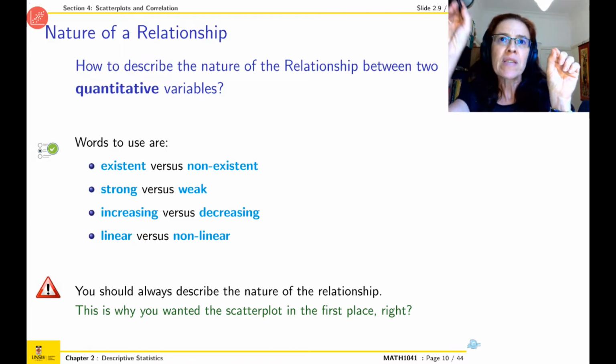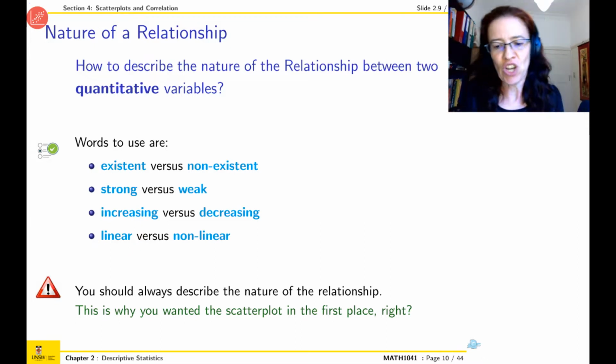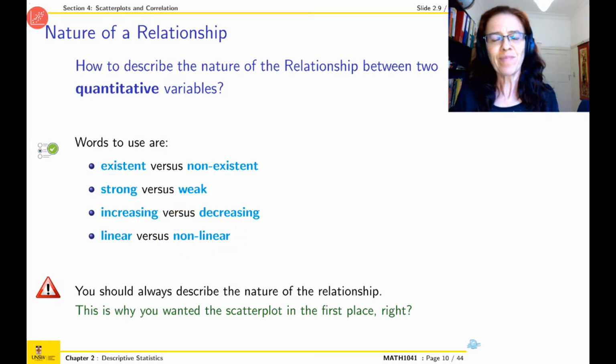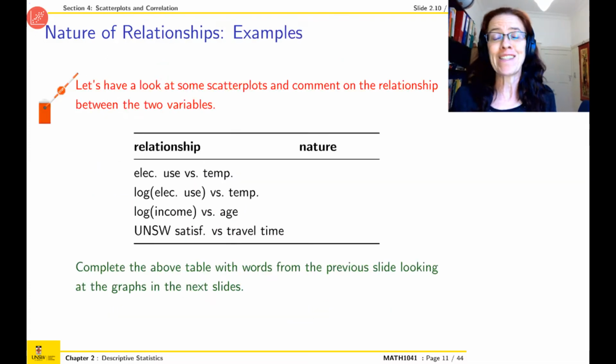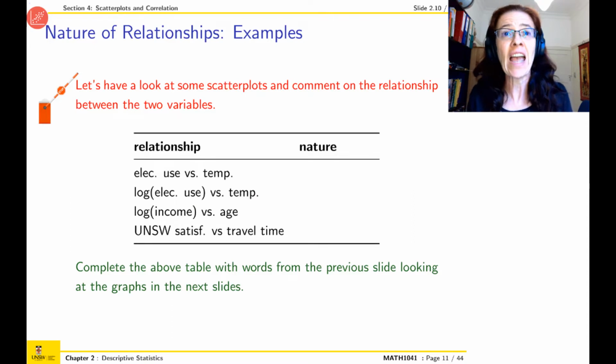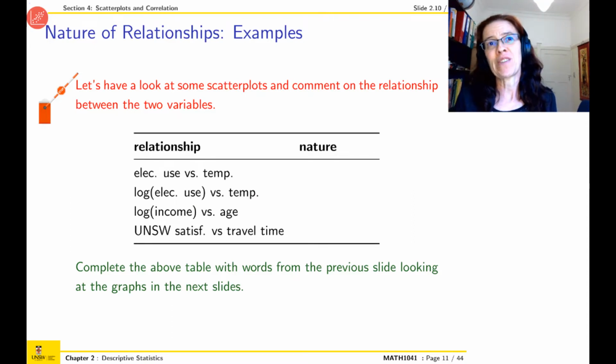Whereas if you see some parabola or some other funny shapes or nothing, you will say that it's non-linear. And it's really the goal of producing the scatter plot, to describe it. So we're going to be looking at a few examples because you need to practice those skills about how to describe things. So I'm going to show you 4 scatter plots, and you will have to use the correct words